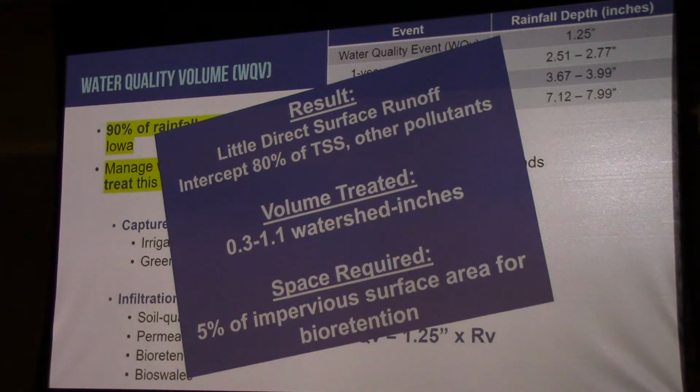And how much space do you need? Well, that's a tough thing to answer because it depends on what practice you pick. But one practice that requires a little bit more area than others is a bioretention cell. And typically you need about 5% of the impervious surface area that drains to it. So if you're thinking on a site, how much space do I need to meet this objective? If you took your parking lot and multiplied that area by 5%, and added your buildings and multiplied that by 5%, it'd be about that size of area. So if you were trying to get some initial ideas on a site plan of how much space you need to meet this, that's a good rule of thumb.